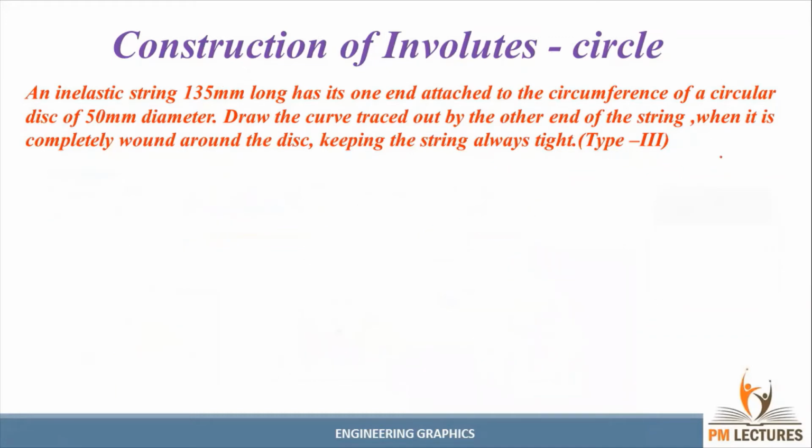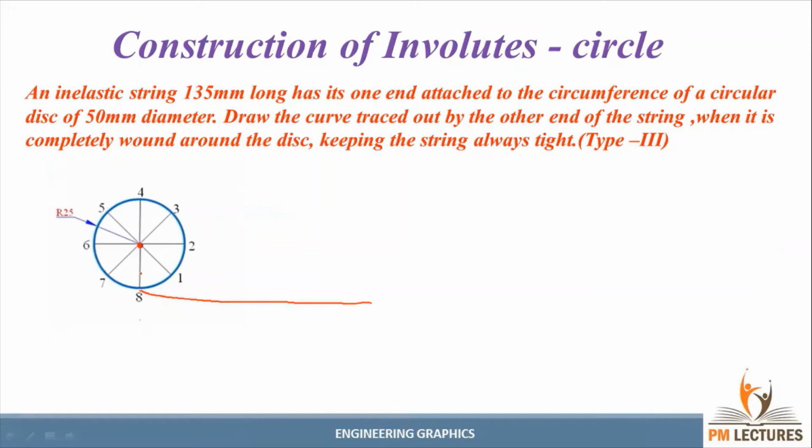So next step, from the point 8, we need to draw a horizontal line. From the point 8, we need to draw a horizontal line like this. Use your scale, you can draw the line very properly, guys. So the length of this line is the circumference of the circle. We can draw the line for the circumference of the circle. The circumference of the circle we can find from pi into d. Here for this problem it is 157.05. You can draw for 157, that's enough. We can draw a horizontal line. After drawing the horizontal line, it will look like this.